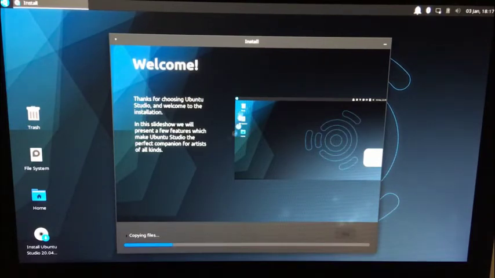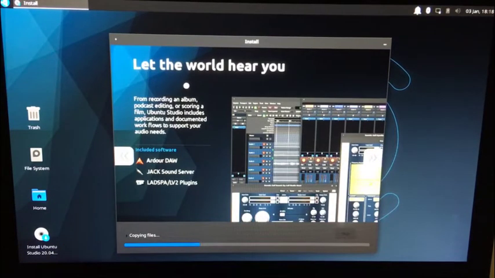So yeah, this is the welcome screen, which lets you know about every single thing. Thanks for choosing Ubuntu. In the slideshow, we will present a few features which make Ubuntu Studio the perfect companion for artists of all kinds. You see, told you. Let the world hear you. From recording an album, podcast editing, or scoring a film, Ubuntu Studio includes applications and documented workflows to support your